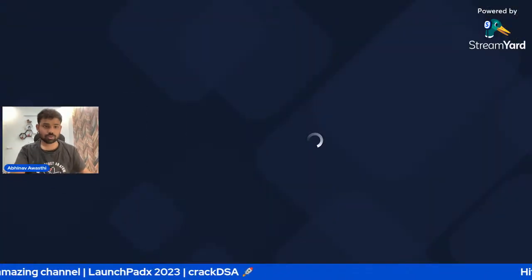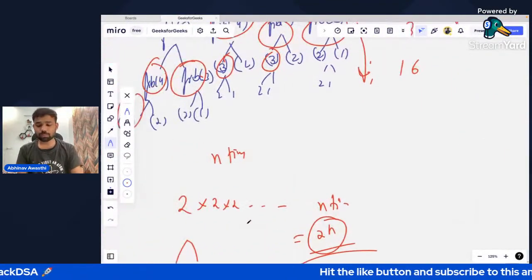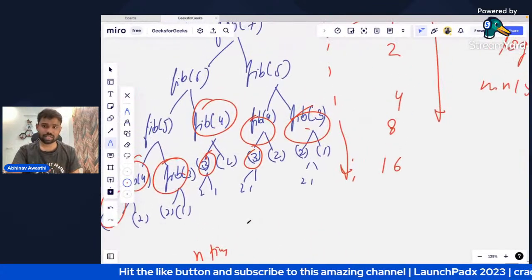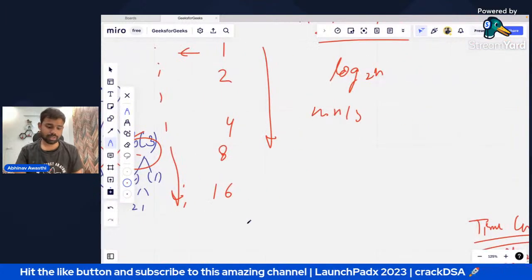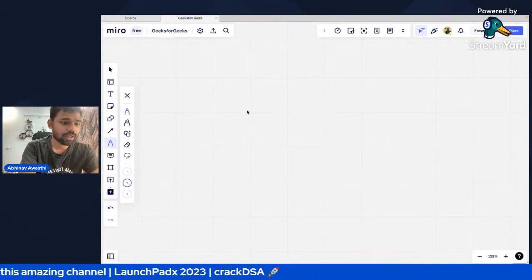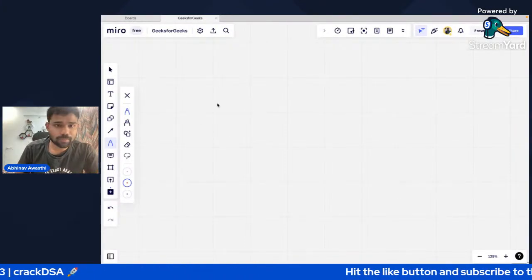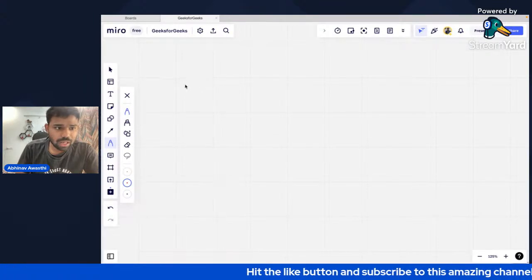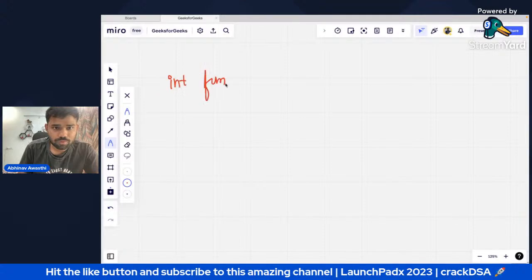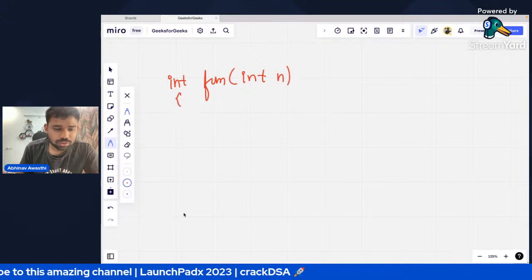Great. So let's continue, guys. So next, guys, let's have a dry run of how this particular whole function is working. So let me write the function again here in a clear manner, and let's see how it is basically working. So you can see, guys, we are having int function(int n).